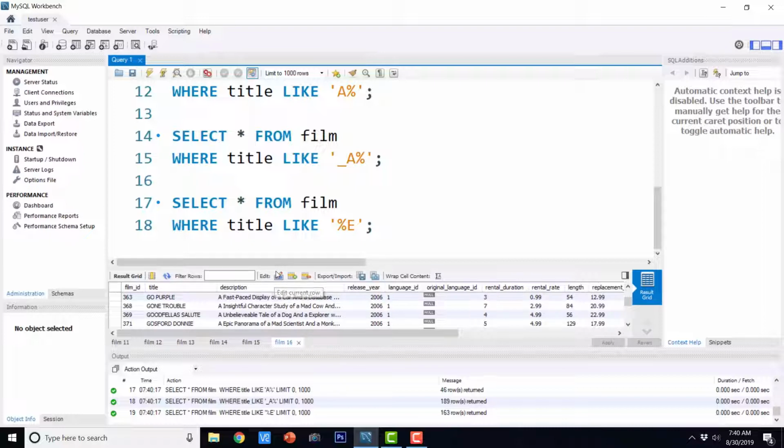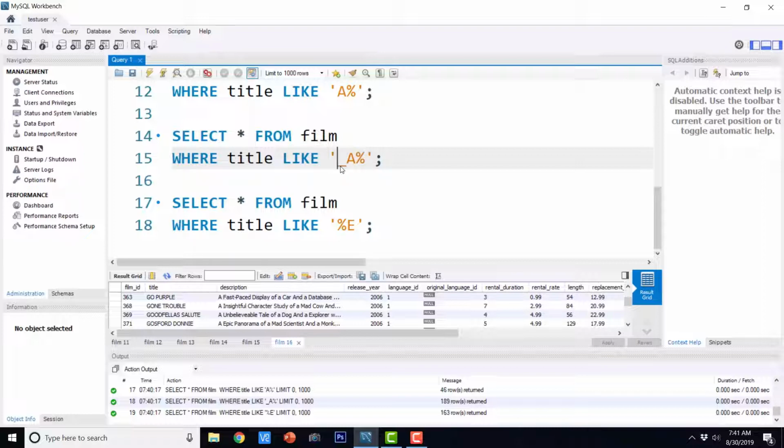So if you work with any SQL engine like Oracle or MySQL or any other relational database that uses SQL, then you will find this facility. You will find this LIKE operator, and you can match patterns using underscore and percent.